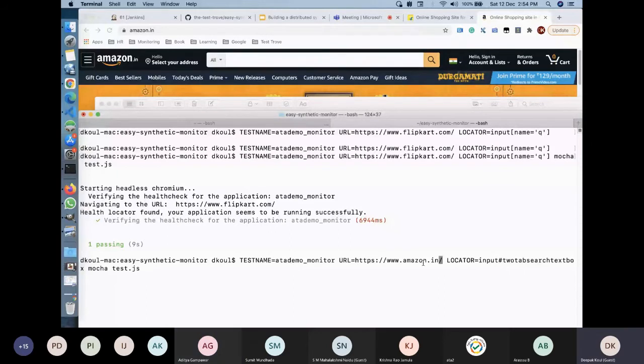And instead of ATA demo monitor, we are going to say ATA Amazon demo monitor, right? Let's hit it.